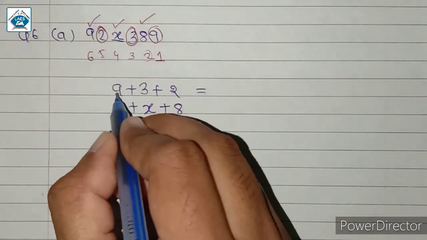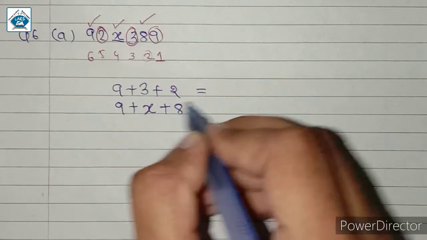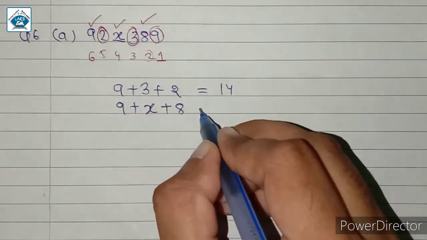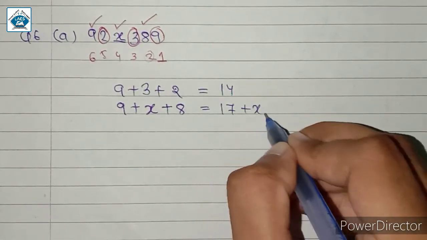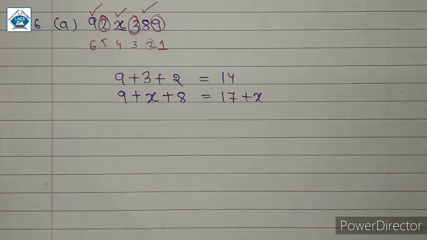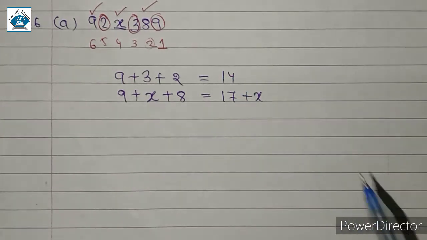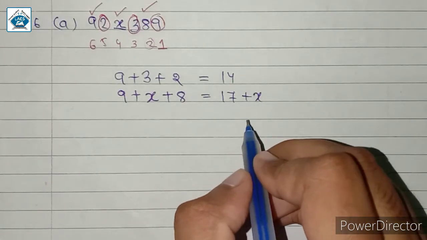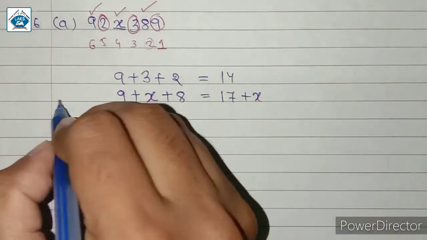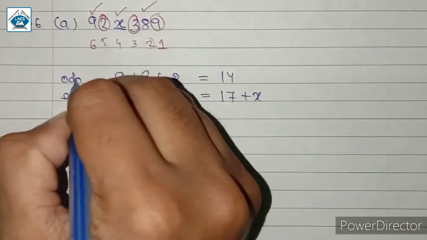On adding these numbers we get 9 plus 3 which is 12 plus 2 we get 14. So इन numbers को add करके 14 मिल रहा है, and when we add 9 and 8 we get 17, and plus x जो है इसको as it is लिखेंगे. Now for this number to be divisible by 11, the difference यानी कि जब दोनों सम्स को माइनस करेंगे, then it should be divisible by 11 और it should be 0. या तो वो 0 होना चाहिए या तो वो 11 से डिविजिबल होना चाहिए. अब देखो, this is the sum of numbers in the odd place, this is the sum of numbers in the even place.